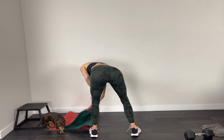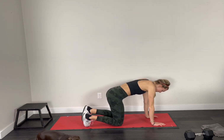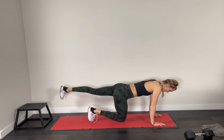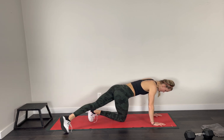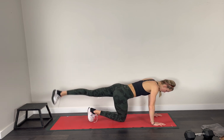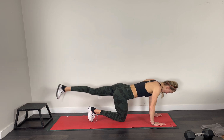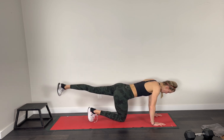Coming into all fours. Let's do those rainbows. Back nice and still. 15 reps. So 1, 2, 3, 4, 5, 6, nice smooth rainbow. 7,